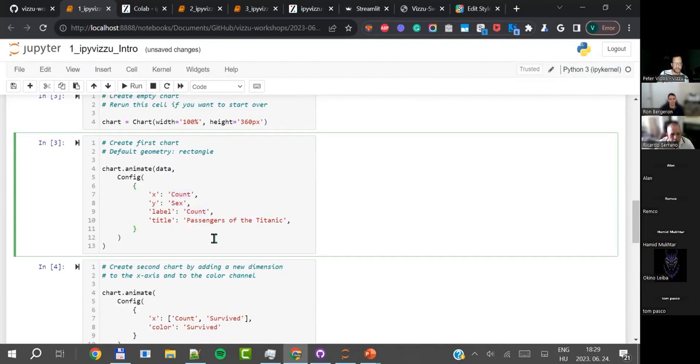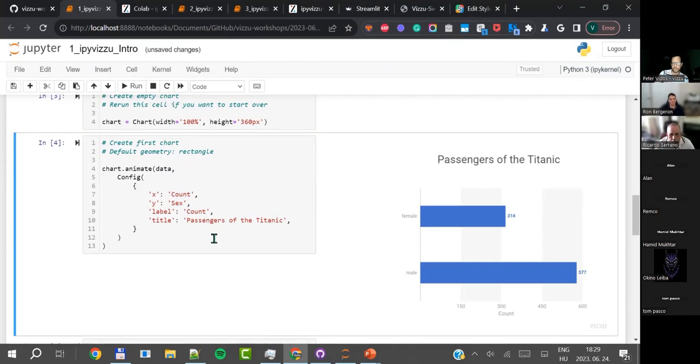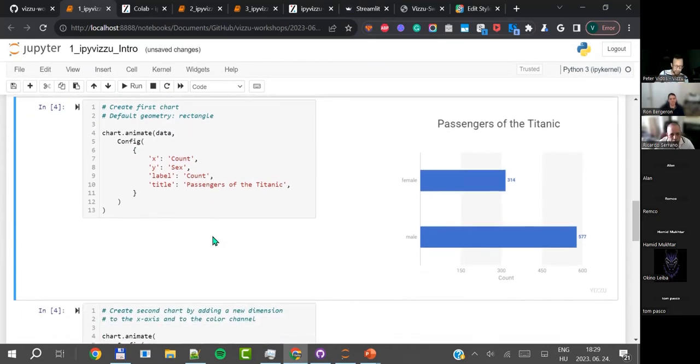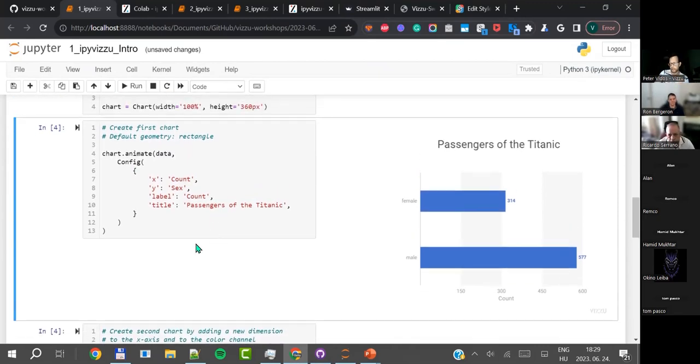Usually with a live audience, I try to ask what kind of chart we're going to end up with, but online, I'm just going to show it to you. It's going to be a bar chart, because on the x-axis there is a value, and on the y-axis there is a category. We also added the label on the markers, and that's what we have.